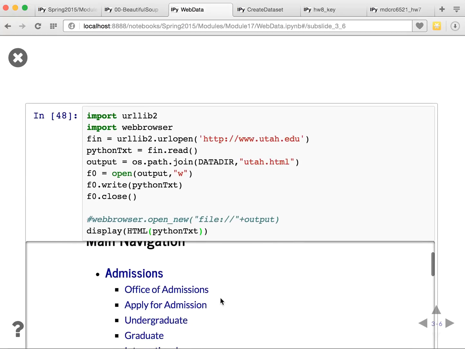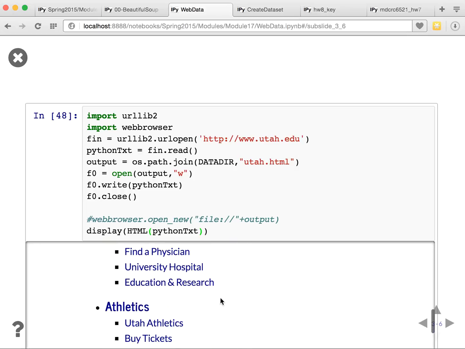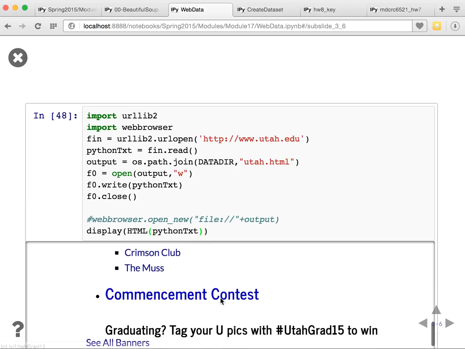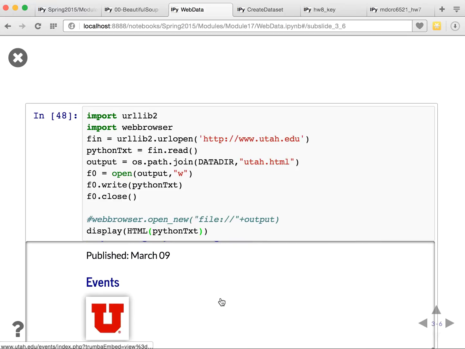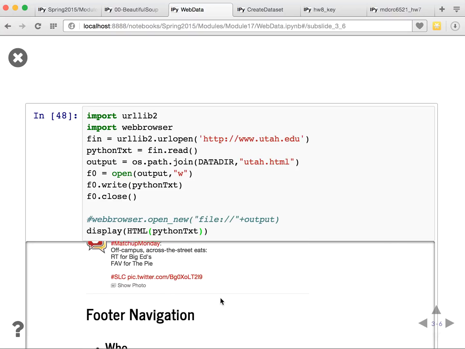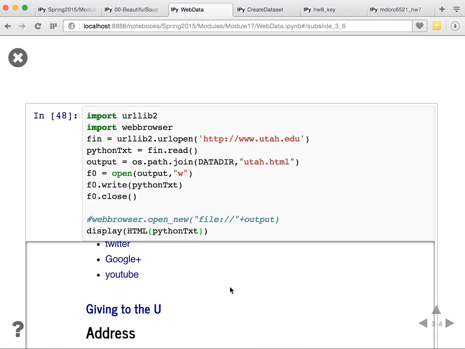You can see that we're getting the basic contents of the page, but we don't have access to the CSS files that are defining the look, and so it's quite different than what we're seeing if we open it up on the